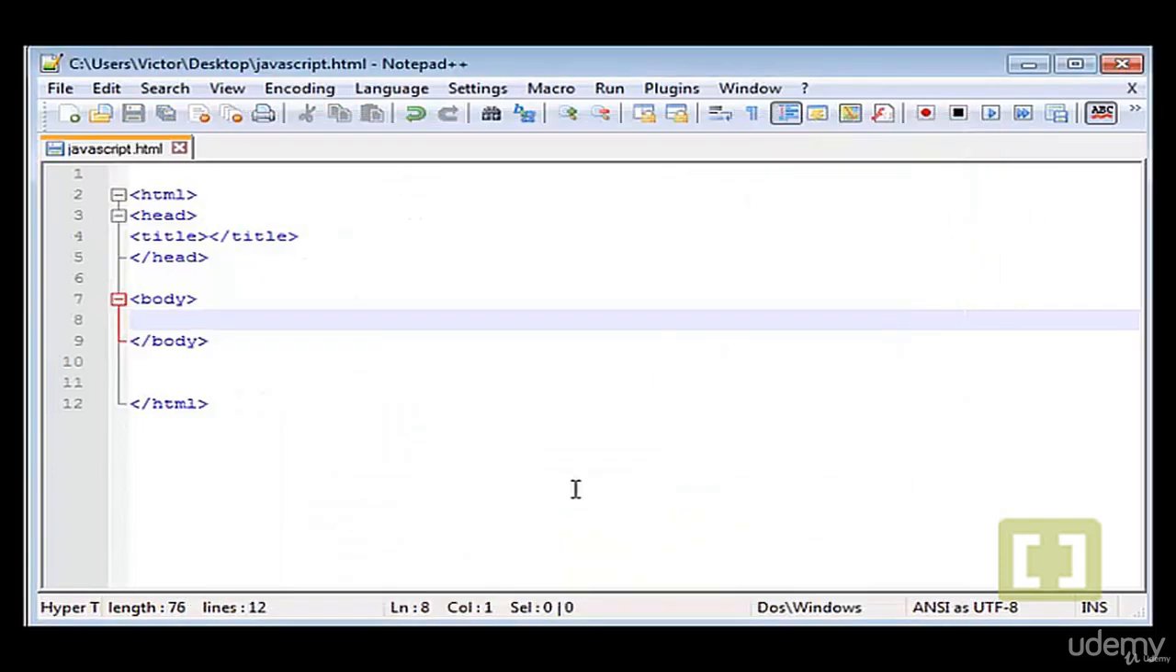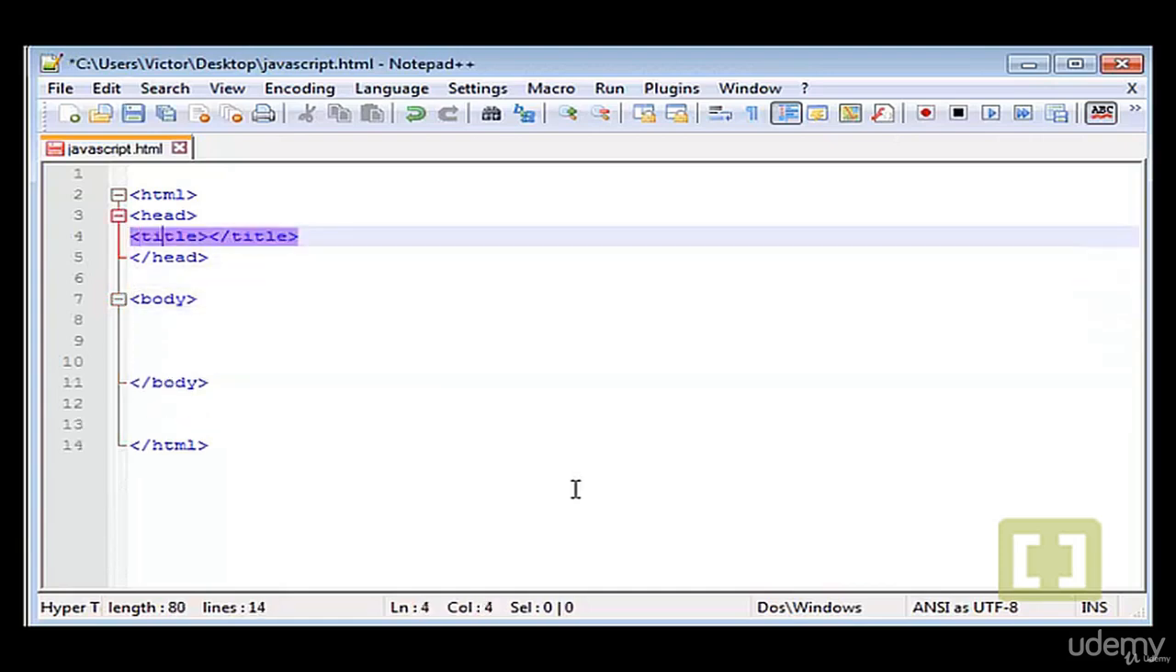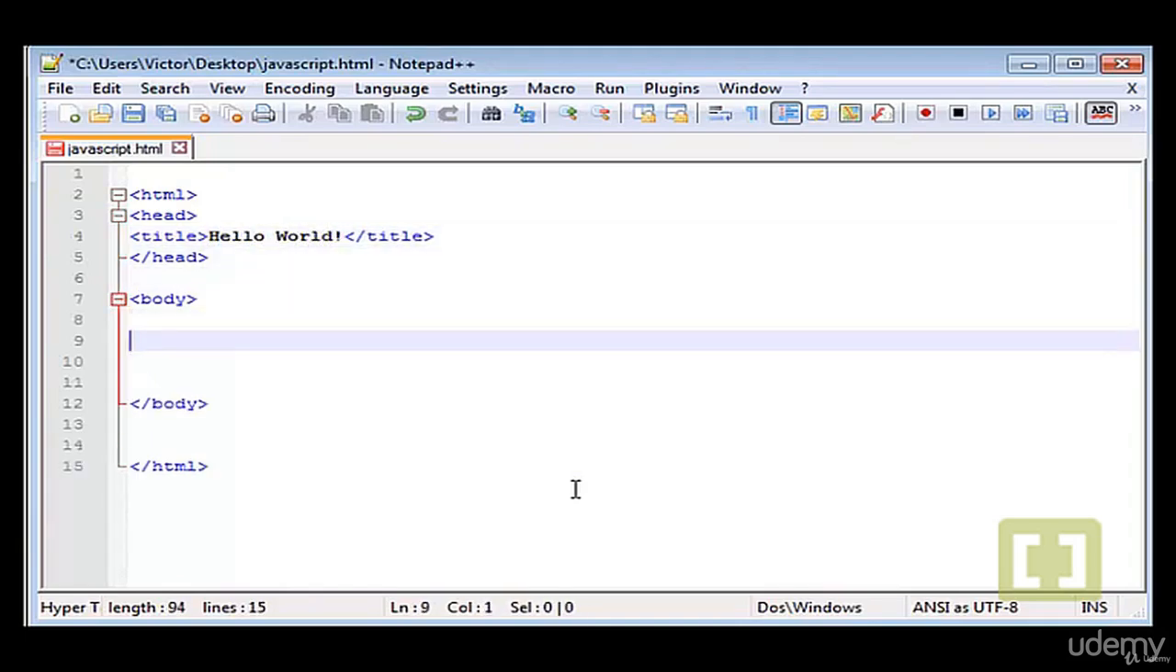javascript.html. I forgot also to tell you that JavaScript is not Java. Some of you guys have probably heard about Java. Java is a programming language and JavaScript is another programming language. Okay, they don't have anything to do with each other. Now let's go to title and let's type hello world. And inside the head section, after title,